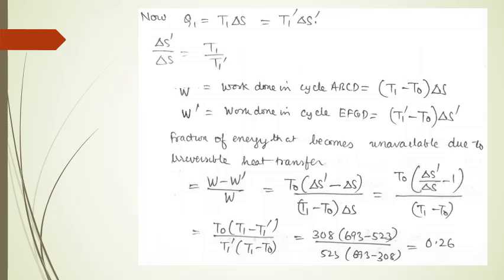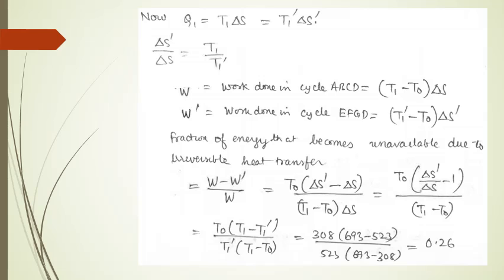Now the work done in the cycle ABCD, that is, for the reversible heat transfer case, which is represented by W, is equal to T1 minus T0 into delta S. Now W dash, which is the work done in the cycle EFGD, that is for the case of irreversible heat transfer, is equal to T1 dash minus T0 into delta S dash. Now the fraction of energy that becomes unavailable due to irreversible heat transfer is equal to W minus W dash upon W. Now putting the value of W and W dash and substituting the value of delta S dash upon delta S in terms of temperature,